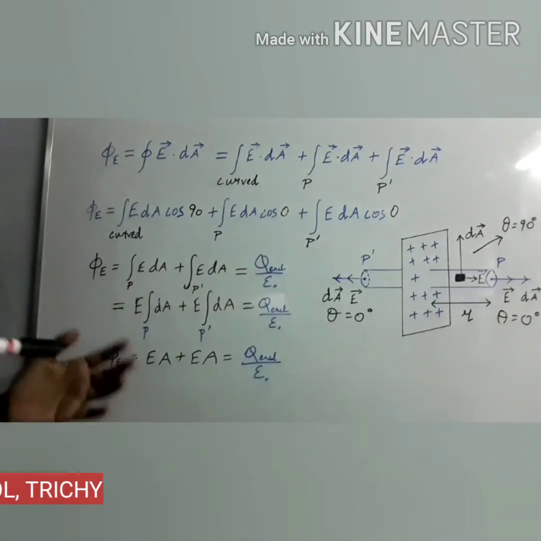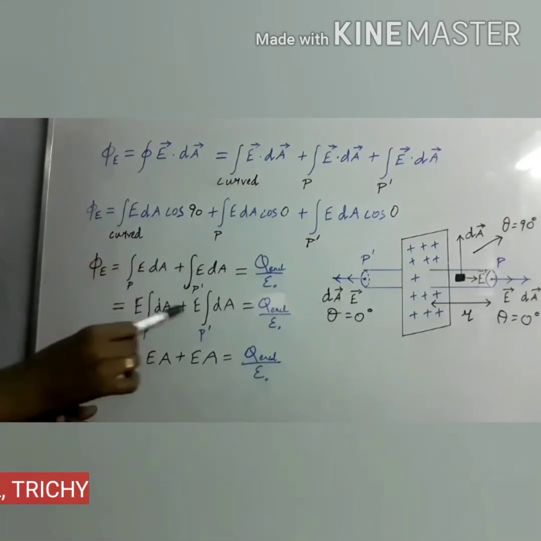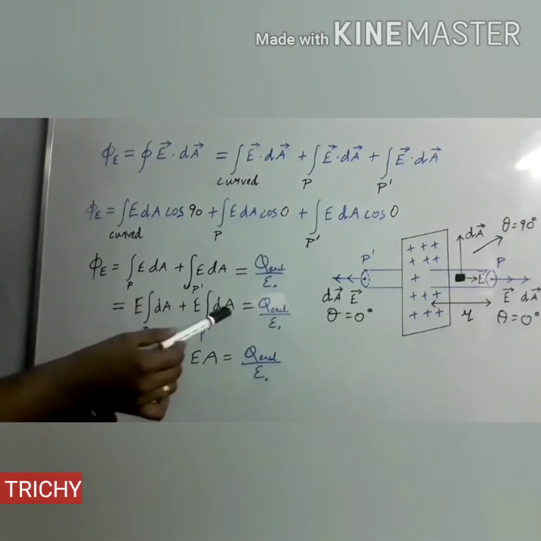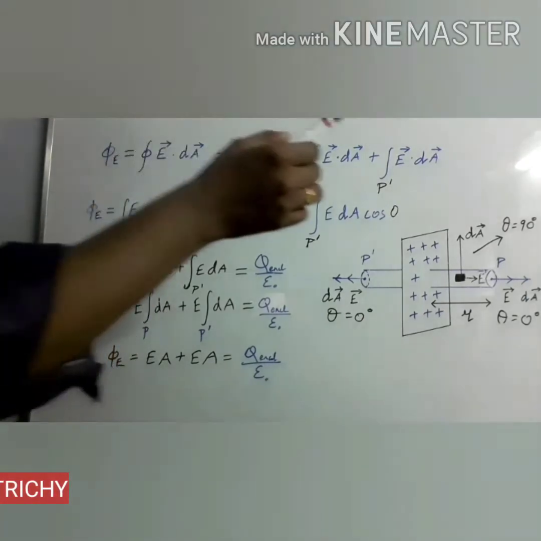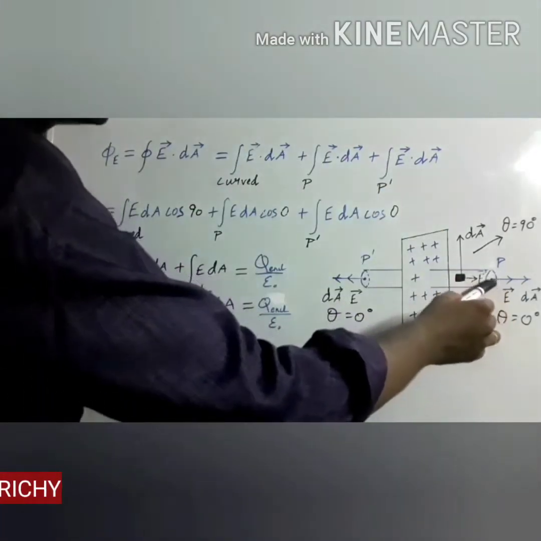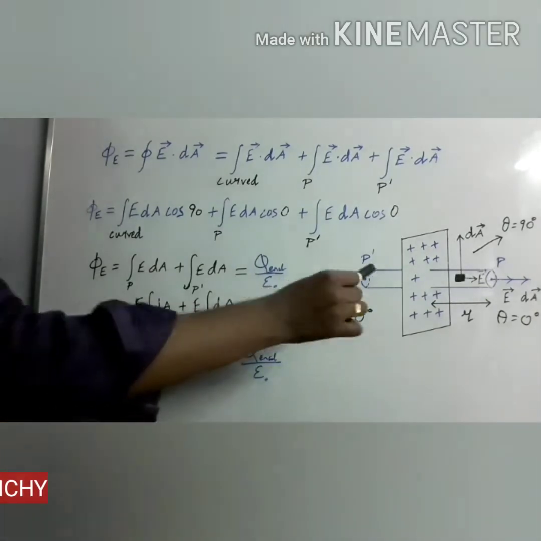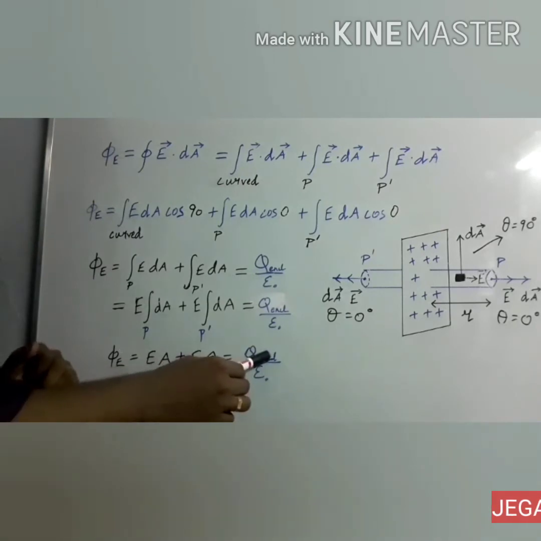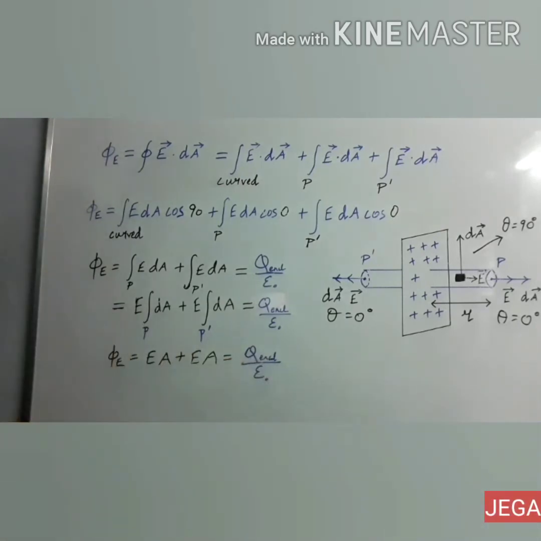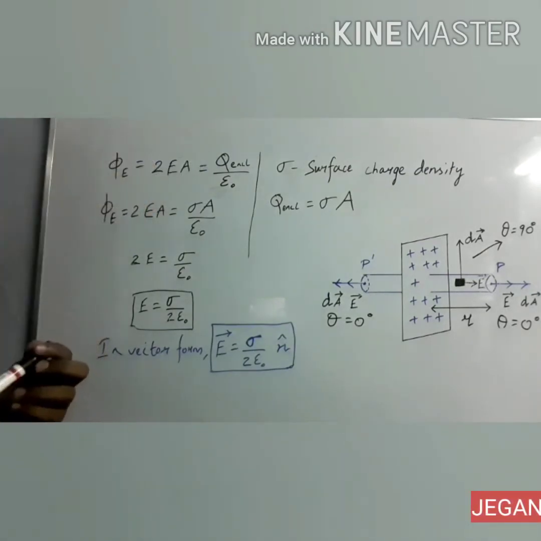Here the electric field provided by the charged plane sheet is almost uniform, so the electric field is constant and can be taken outside the integral. Only the area element is integrated, and that is equal to the charge divided by epsilon naught. So phi E, the electric flux, is equal to the integration of dA, which is the area element on this surface, so we get the whole area. The same area is maintained on the other side, since we have taken a uniform cylinder. So EA plus EA is equal to the enclosed charge divided by epsilon naught. The electric flux phi E is equal to 2EA, which is equal to the enclosed charge divided by epsilon naught. Enclosed charge is nothing but the charge within the Gaussian surface.